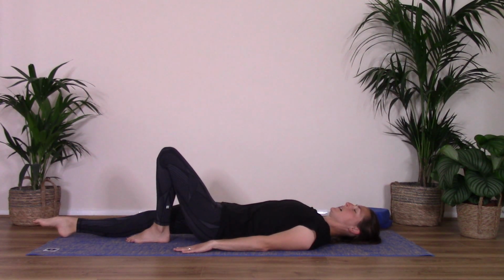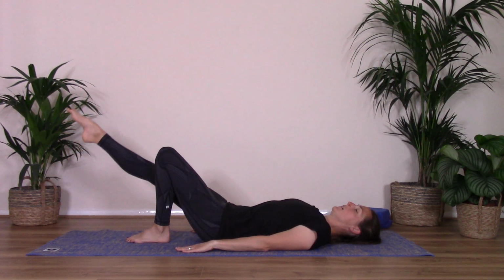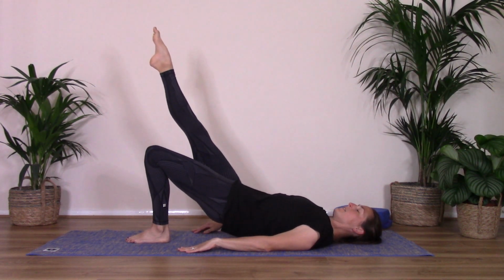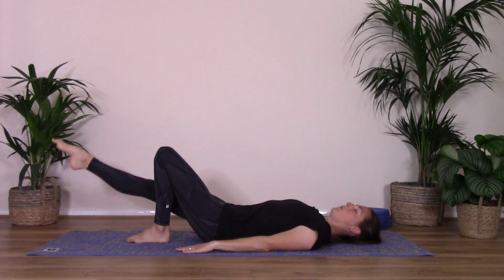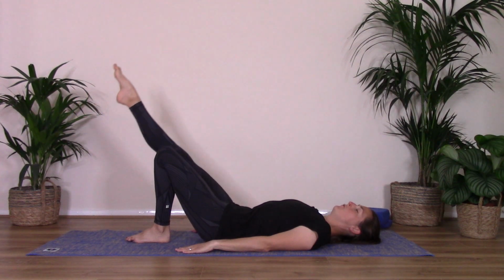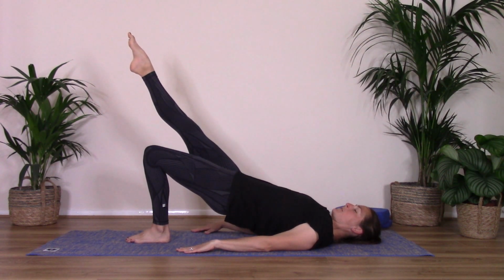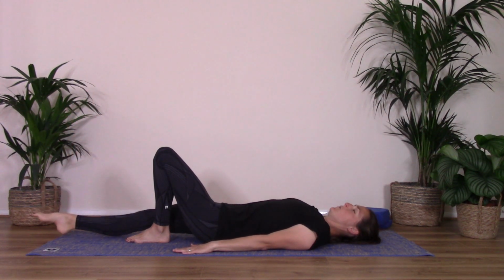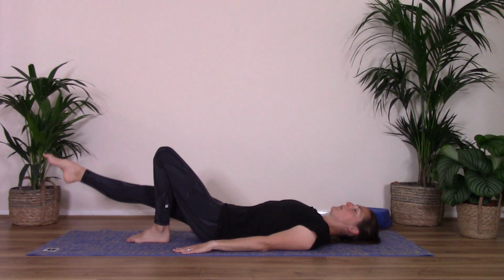Lowering back down, good, and again, lifting that leg, and then following that body up into that bridge and slowly back down, lower the leg down. Well done. Last couple, raise that leg up, following that body, lifting into that bridge and lowering on that out breath back down. One more time this side, lifting up,